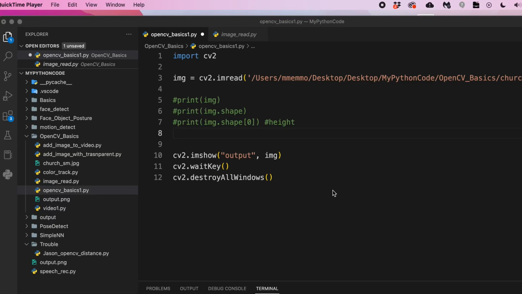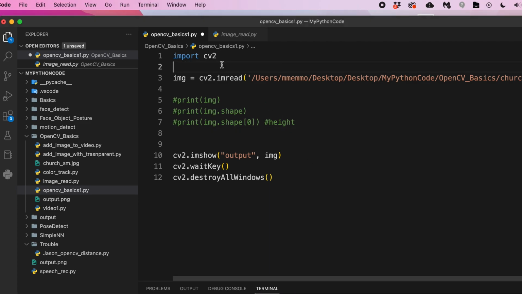Hello, so in this video, I want to go over how you can use OpenCV to read in an image and actually display it. In the next video, I'll go over how you can manipulate that image, but for right now, I just want to show you how you can read in an image and display it to your screen. And so, obviously, you would need your import cv2, and then you need to read,